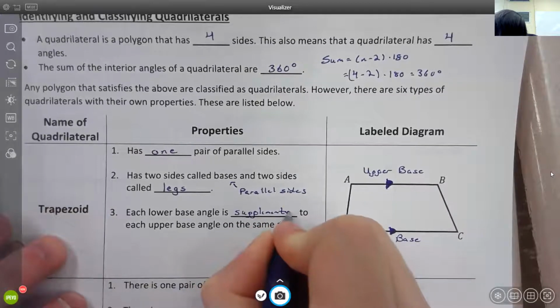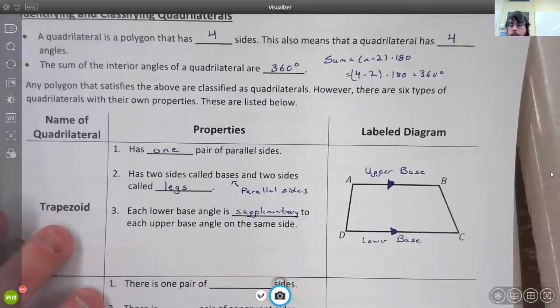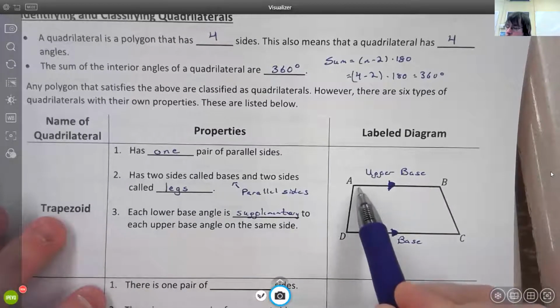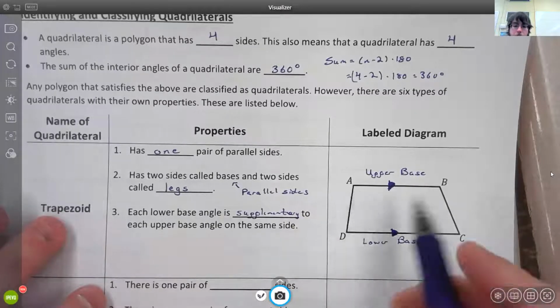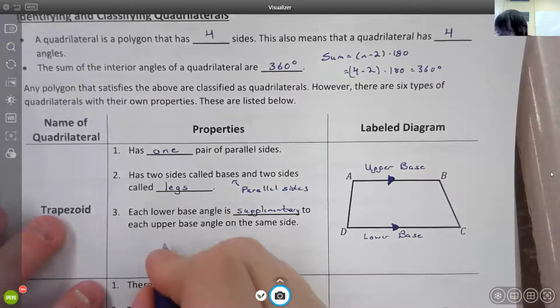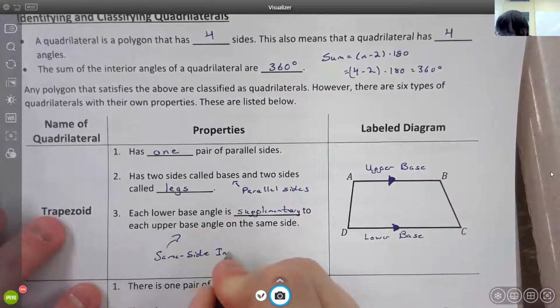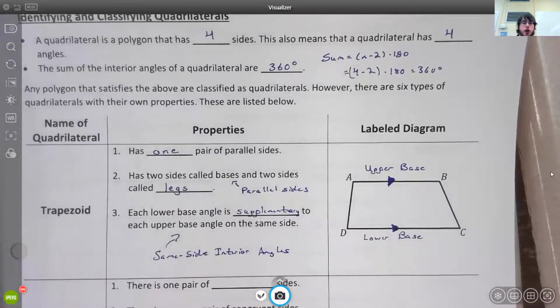Now, we talked about that when we did parallel lines and transversals, and we actually did some problems with trapezoids, and we talked about the reason that angles A and D would be supplementary and B and C would be supplementary, and that's because they are same side interior angles. Okay, they are same side interior angles, and same side interior angles were always supplementary. Okay,